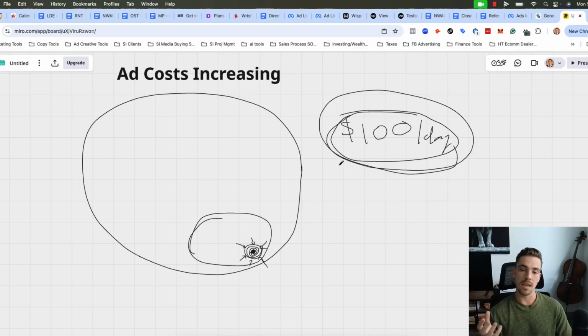If your business needs those super low costs that you experience in the honeymoon phase in order to be profitable, well, then you're not going to make it months and months and months. Your business isn't constructed well enough to be able to scale with paid ads. You're going to have low costs probably in the beginning, and then your costs are going to rise a little bit, and then at some point they're going to plateau. And you're going to start experiencing what normal costs are like for you,